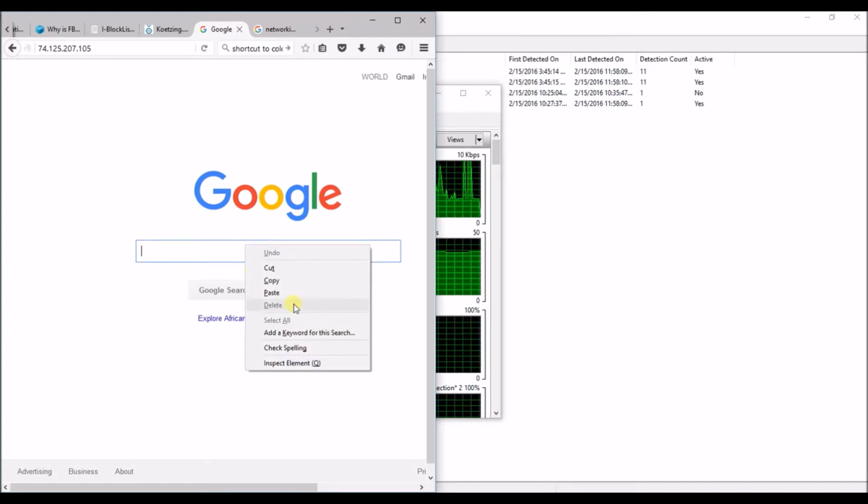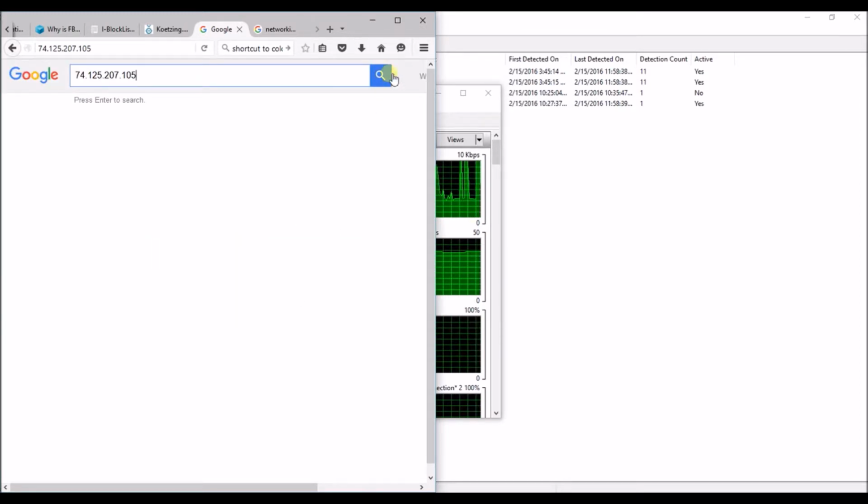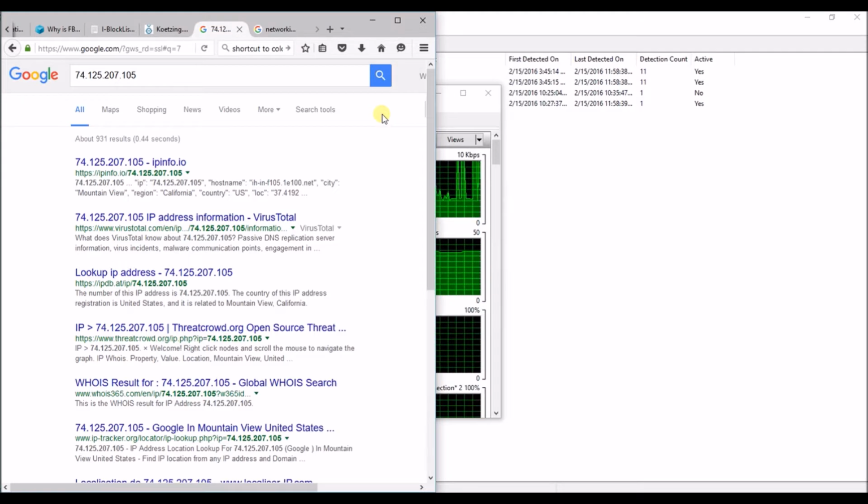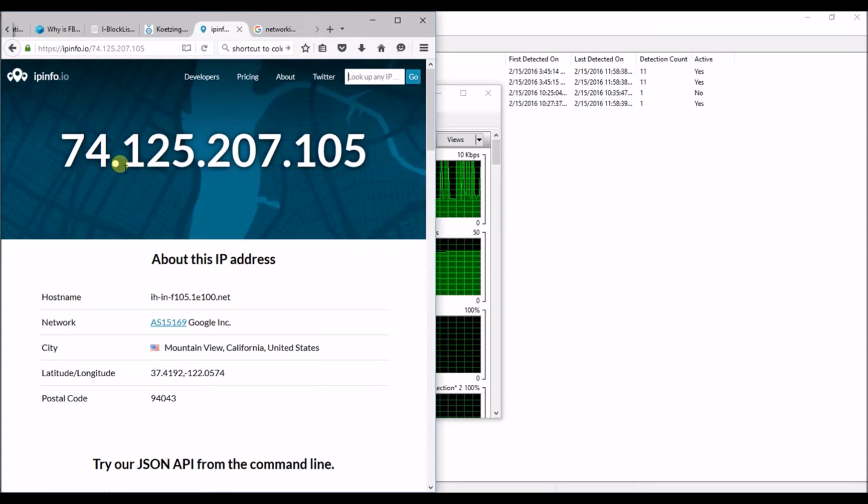But let me try it right here. And say go. And it says network is Google, host name California. So it's about this IP address. It's actually a Google IP address. And we go again